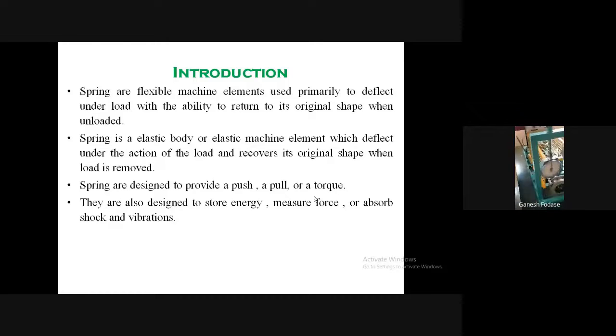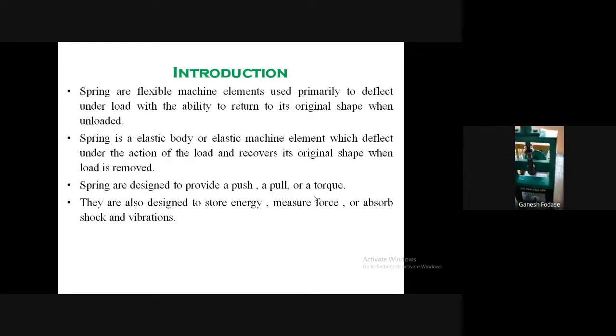Same in the friction clutch apparatus, we can see here, as well as this epicyclic gear train apparatus. Whatever I showed you consists of springs, and all the springs are used to measure the force. Are you getting what I'm saying? I'm just showing you the application of springs to measure force. Now I'll show you another application.